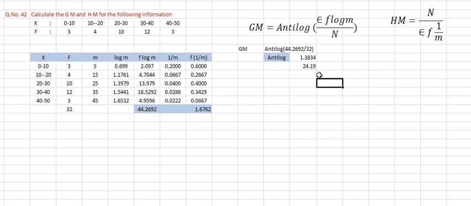I removed this one. So geometric mean value is how much? So geometric mean equal to this one, right? Geometric mean equal to, it comes like this. This was the answer for your geometric mean. I hope that geometric mean is clear to all of you. Move to the harmonic mean now. Harmonic mean.